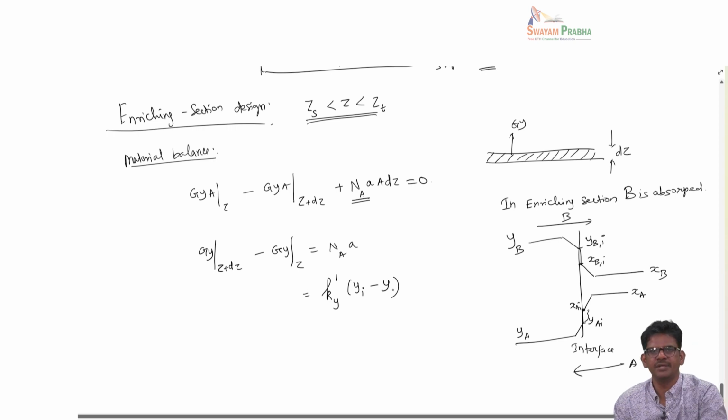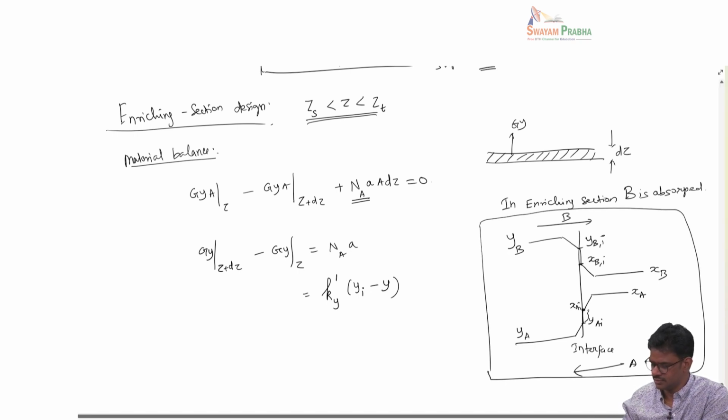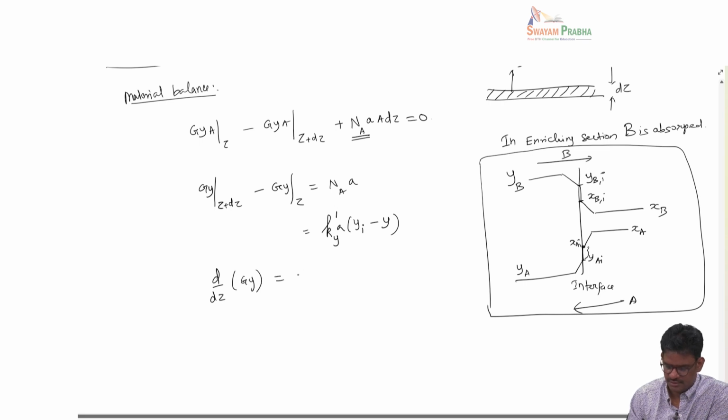Here I am dropping the suffix A because we know that this is with respect to species A, and earlier we used suffixes A and B because we wanted to distinguish between those two. So there is A here, and then from here you can show that d by dz of Gy is equal to Ky prime